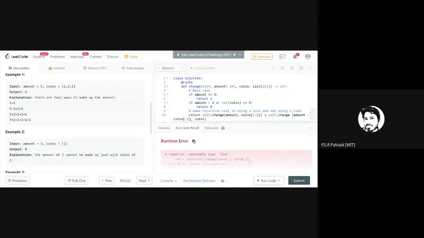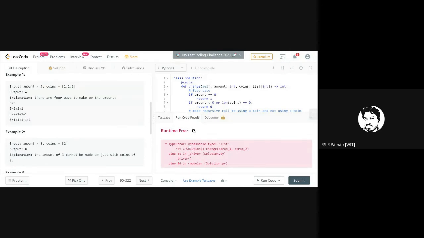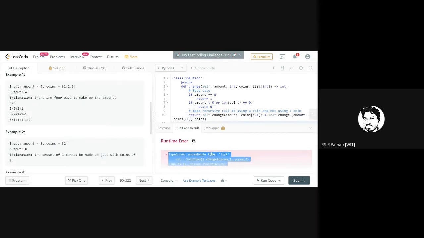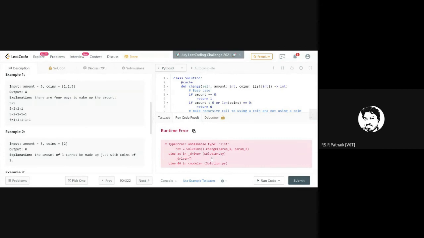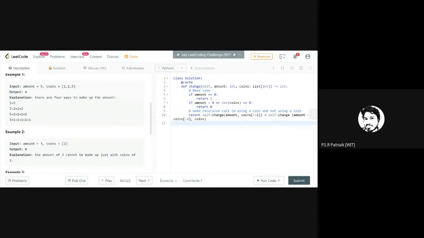Okay. So remember, this is something I was already expecting. If you get this error, what is it saying? Unhashable list. Okay. So I'm going a little bit into depth and trying to explain why this error occurs. When you get this unhashable type error whenever you use this, nothing to worry. It is because of some functionality. What I said is when I use cache, Python caches this result in the runtime.